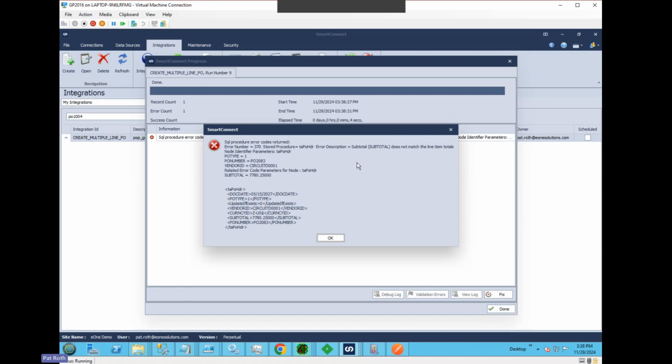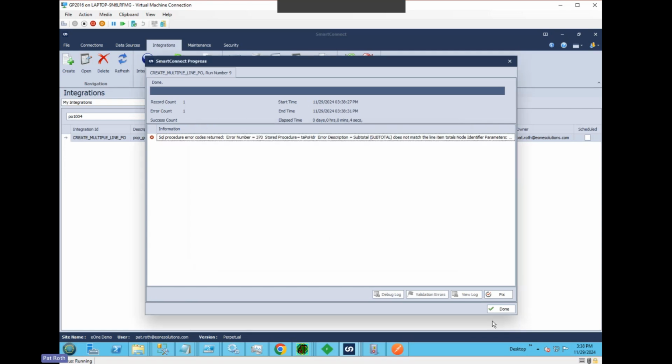It's a little bit difficult to diagnose because the error comes from the TAPO header, and it's just saying that your subtotal that you're passing in, 778025, doesn't match, but we don't know offhand what the line subtotals are. In this case, it's the subtotal of all the extended costs. And so if we look at our map,